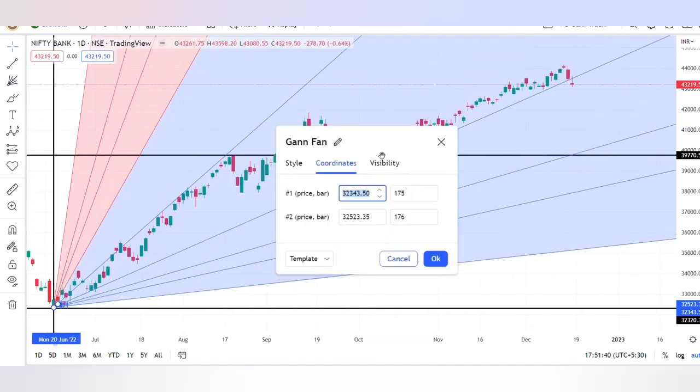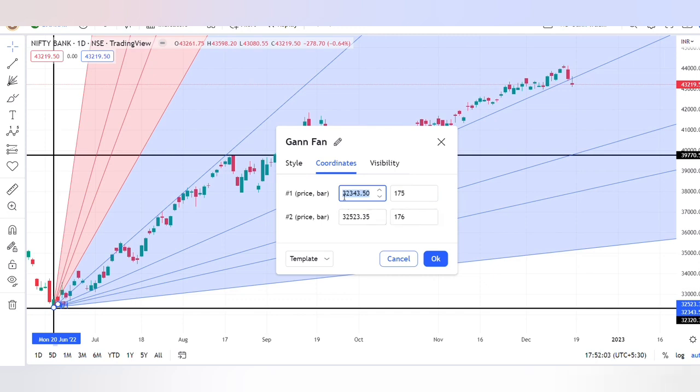Now we can also increase the second coordinate time by any n value, where n is any natural number, that is 1, 2, 3, 4. We cannot take a negative number because time cannot be negative. So it will take only natural numbers. So the price will also increase by n times the square root of the first price.